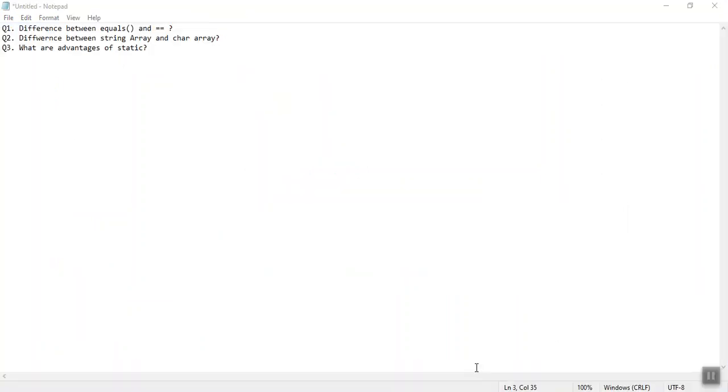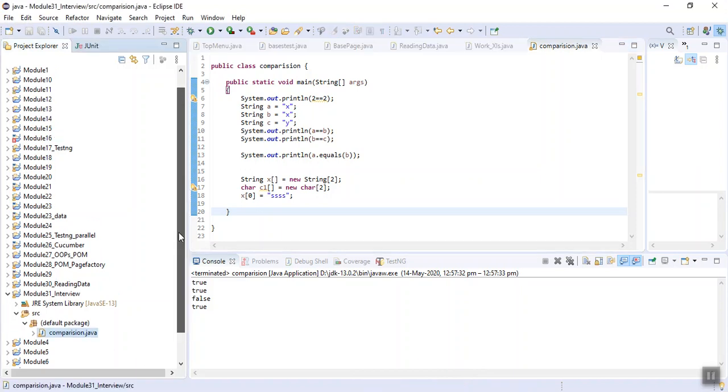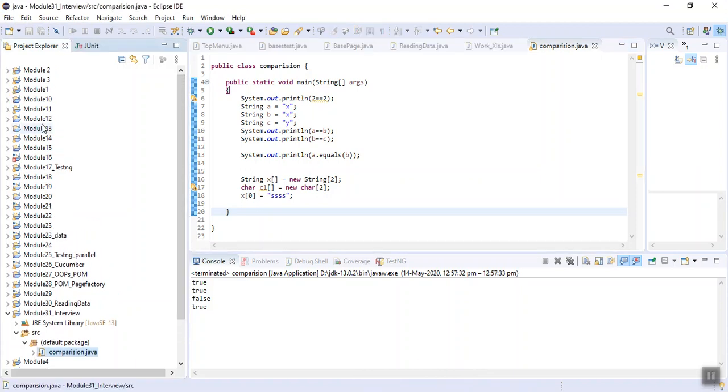Next important interview question: what are the advantages of static? If you want to learn more about static, you can watch my module 3. Static is a thing which is common to all the objects. It can be a variable which is common to all the objects.